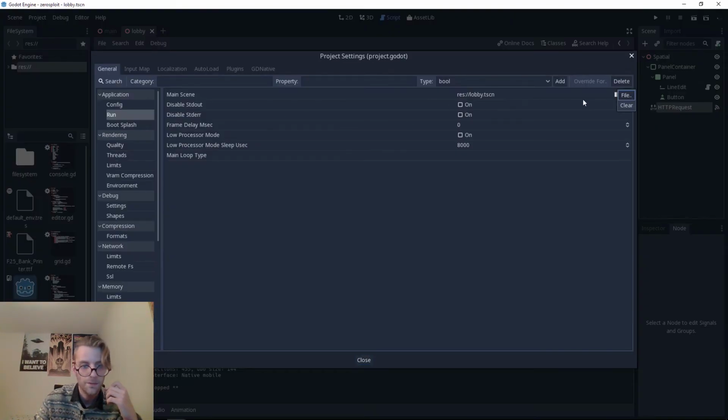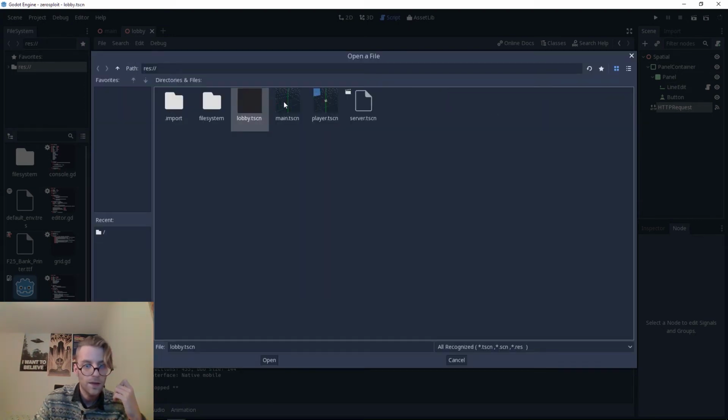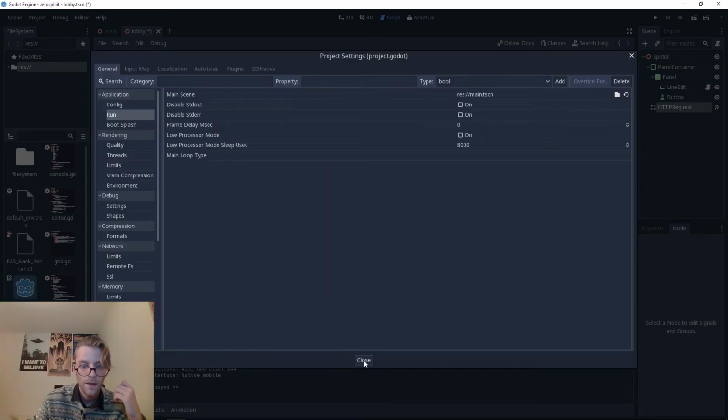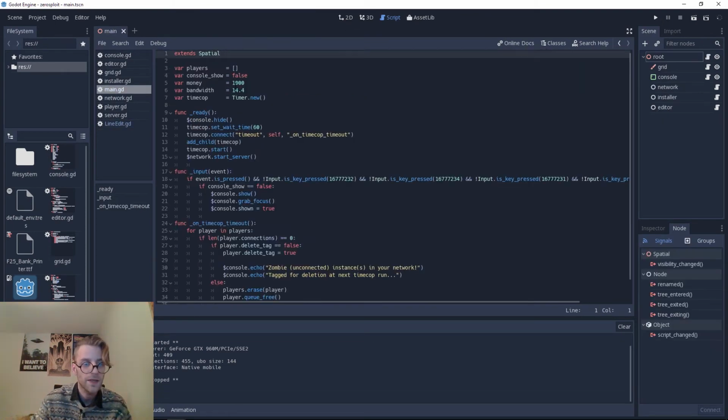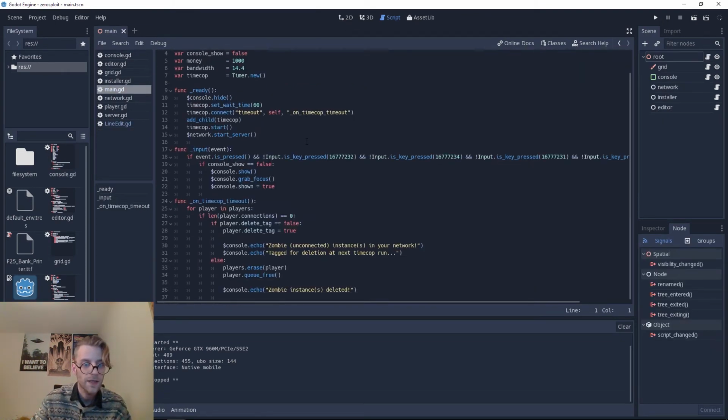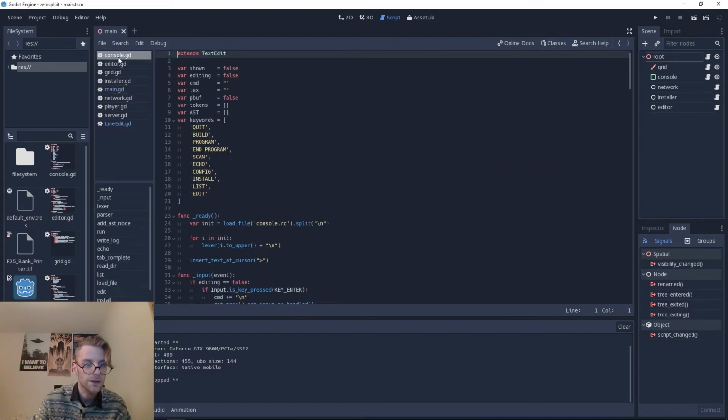I'm going to set my main scene back to main, and I'm going to ignore the lobby code for now. So what we want to do here is go to our console and implement a login command,